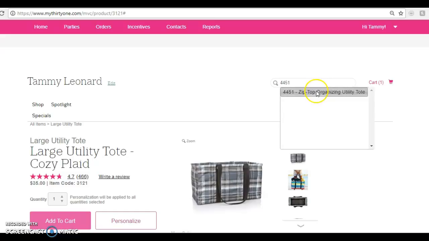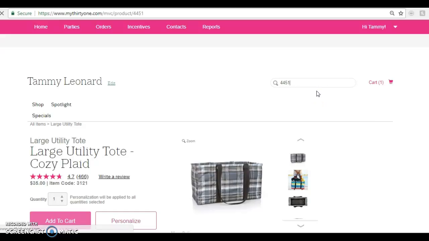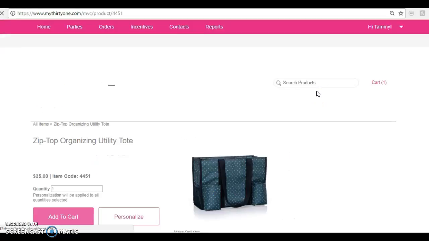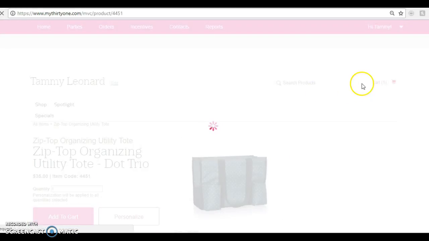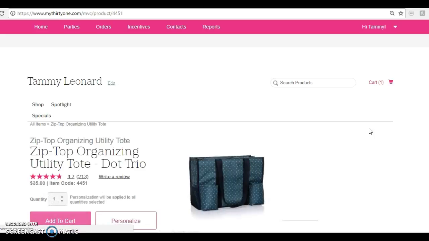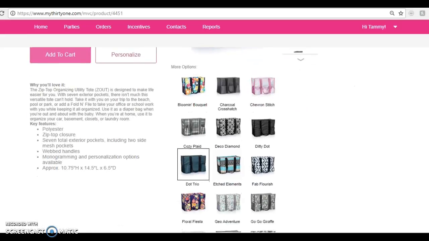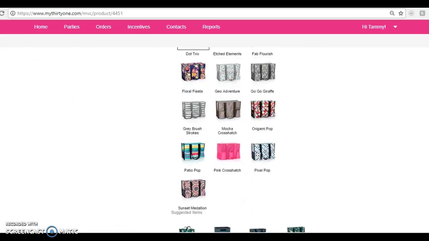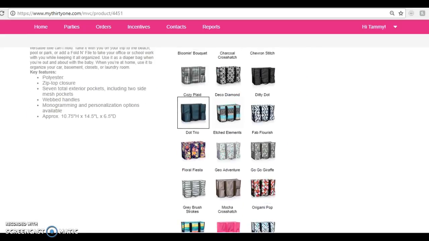4451, which is a zip top organizing utility tote, another one of our very best-selling products. You can just type in the code or the name in there, and then it will bring up that product. This spinning wheel sometimes happens. And then again, you will see all your different color choices. So this one, I am going to do,